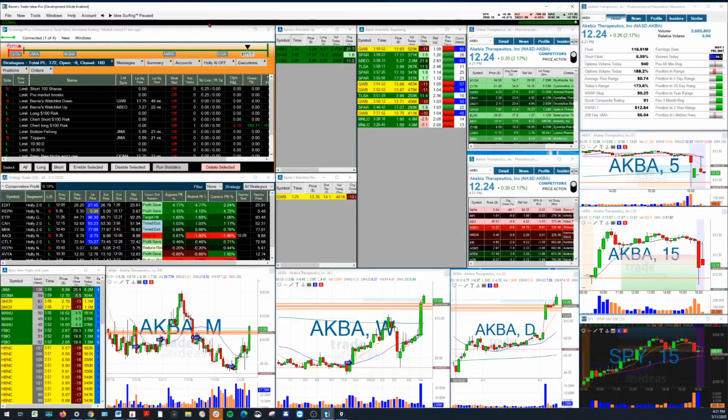Okay, so with the app, Bill, just put your toolbar in the top left-hand corner. Get all your windows on your main monitor, and you're going to designate that one as your main monitor, like I do. I put all my windows exactly where I want them, and I rearrange my other Trade Ideas windows exactly where I want them on my other monitors. Once I've got them all where I want,